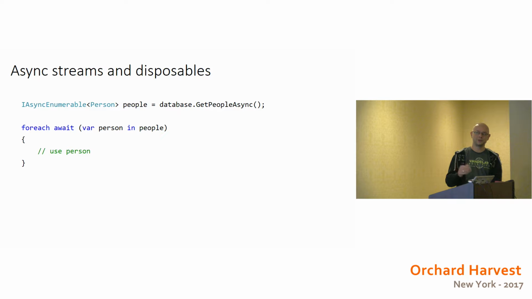So what this introduces is the possibility of doing foreach await, which means that it will actually await on an asynchronous version of MoveNext on your enumerable. So it introduces a new IAsyncEnumerable interface that is an async version of enumerable. This is a version of enumerable where every time you iterate,